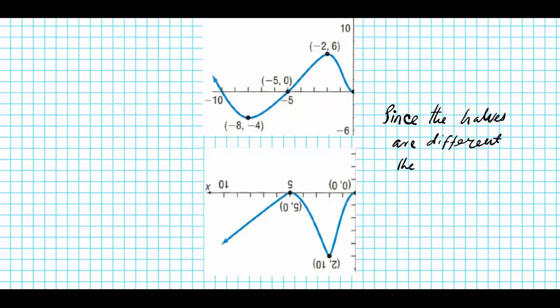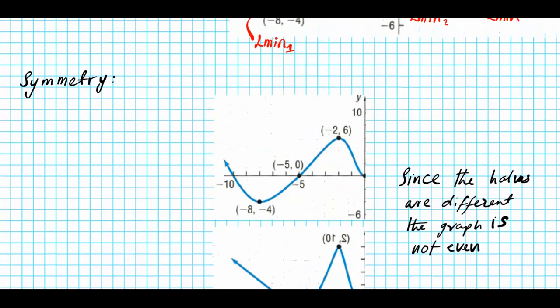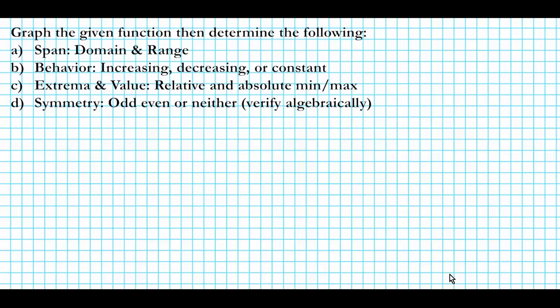the function is not odd. So it's neither odd nor even, so the symmetry is going to be neither. Okay, so it's neither odd nor even in this case. Now in the next set of problems, we are going to be learning how to use